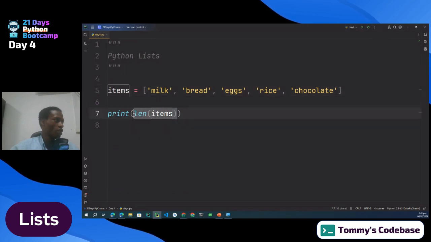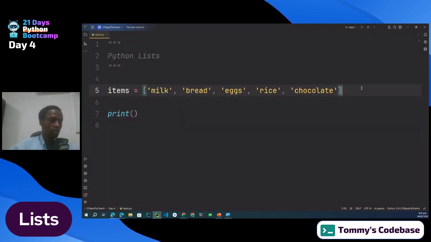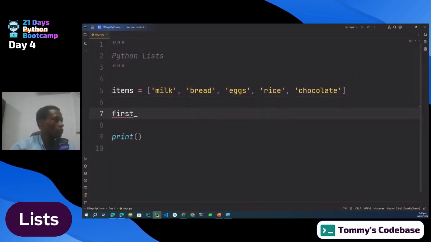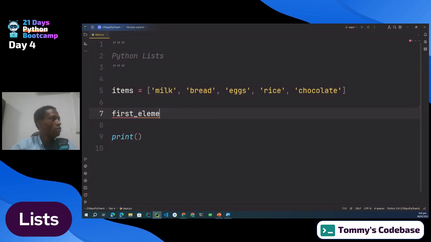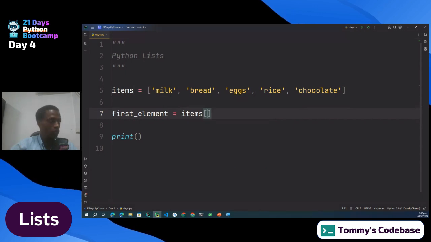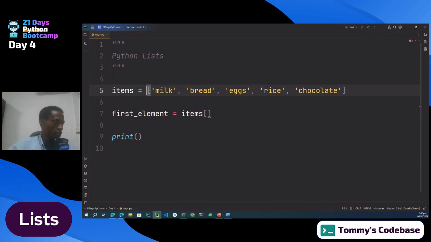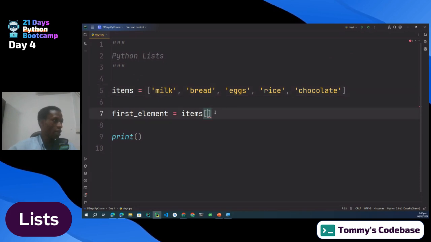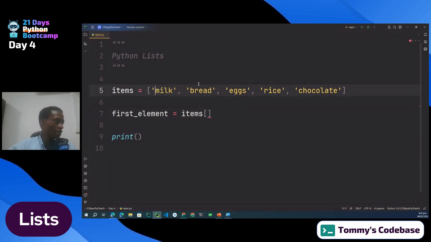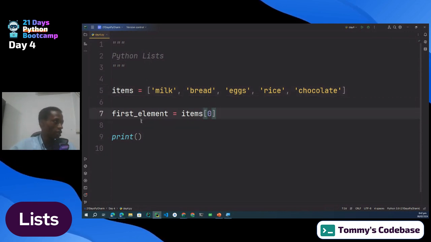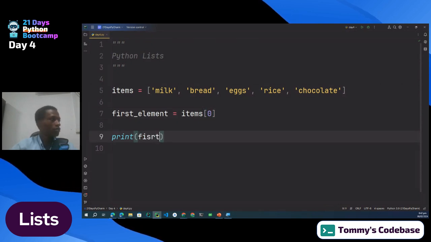If I want to access the first element of this list, let me give it another variable so that it becomes easier to read. First element now, I would say items, and then bring square brackets again, just like I used for the list. Inside here, I pass the index of the item I want, not the actual position like first, second, third. I pass the index. So I pass in index 0 here